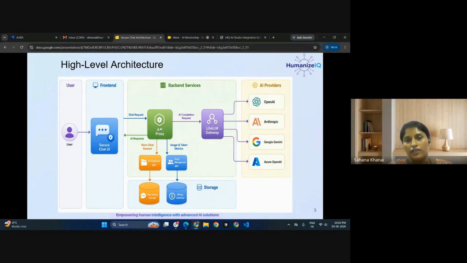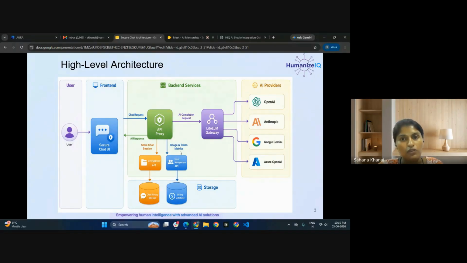Here, once this response is received, LiteLLM gives us the completion tokens and usage, meaning the completion tokens and how many tokens we gave at the start.